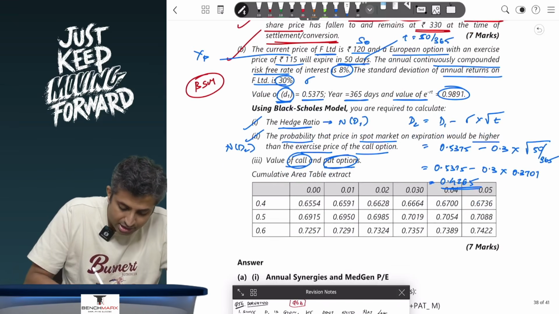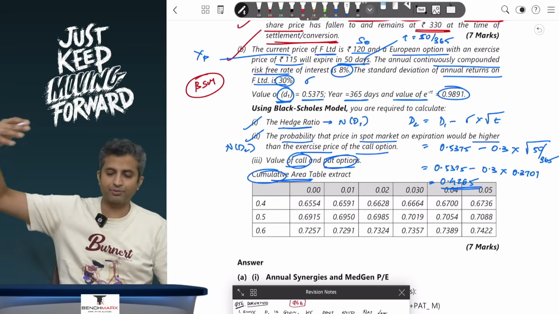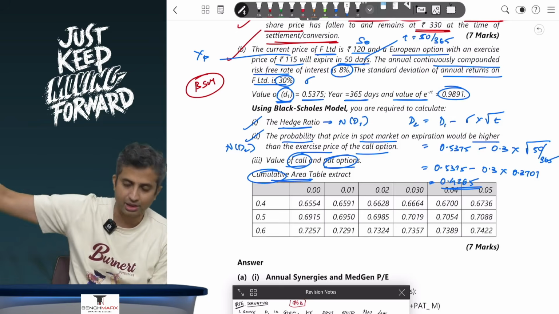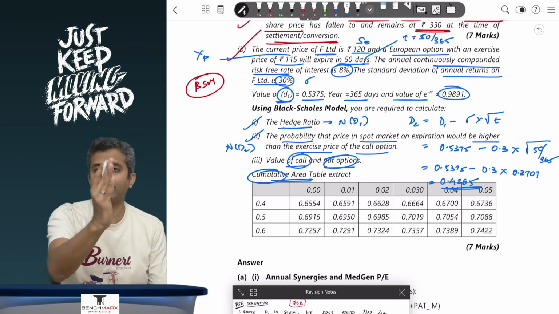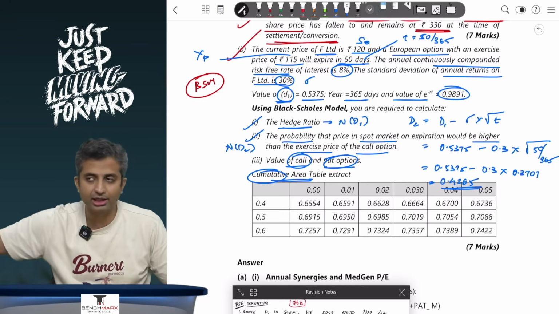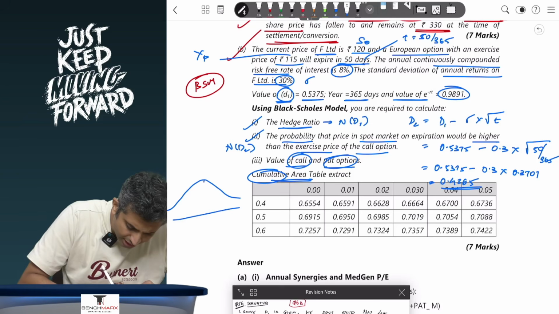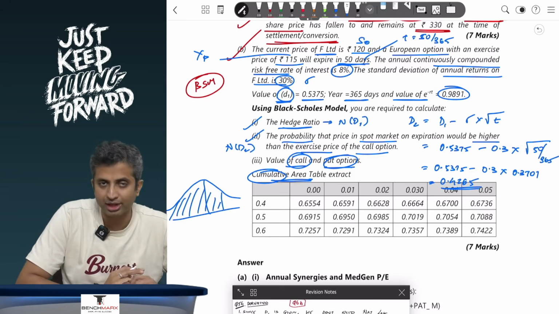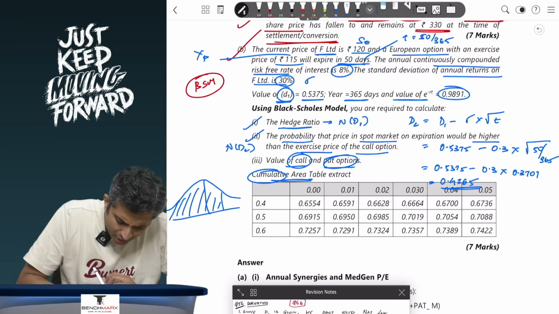But in this case, the cumulative area table is given. So this is given for the entire area from the left tail. It is not just the area from the mean. If you are told area from the mean, then that is the area from the center. If you are given the tail area, that is the area at the end. This is the cumulative area table. So something like this. It is giving you the area for this entire cumulative value. That is what is called the cumulative area table. So over here you can have